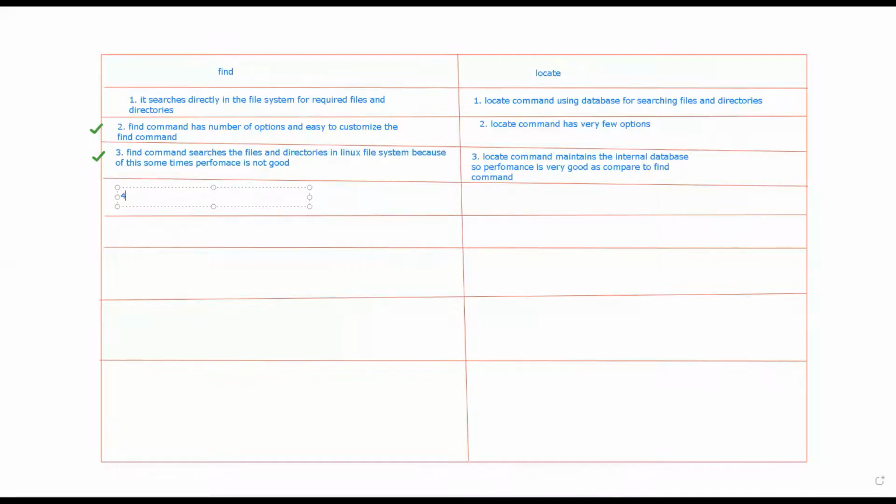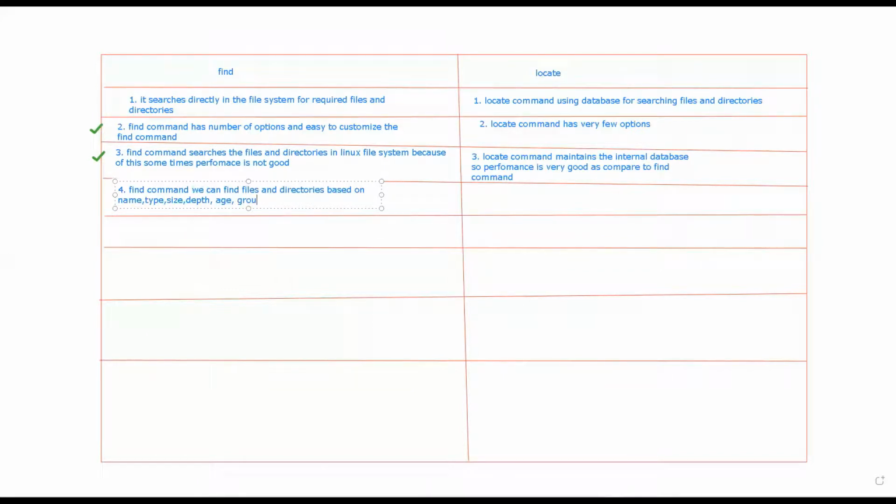So basically by using the find command we can find files and directories based on name, type, size, depth, age. Age means the date on which that particular file was created.